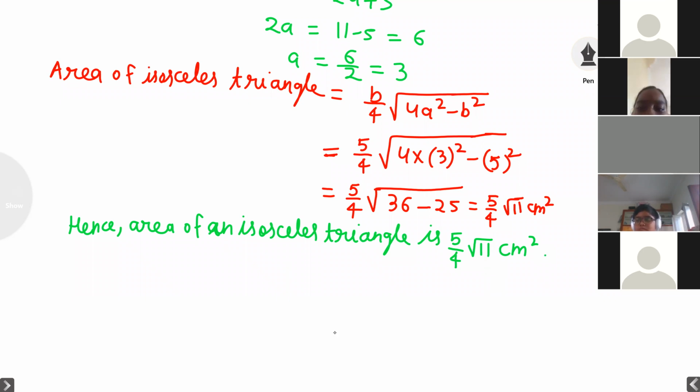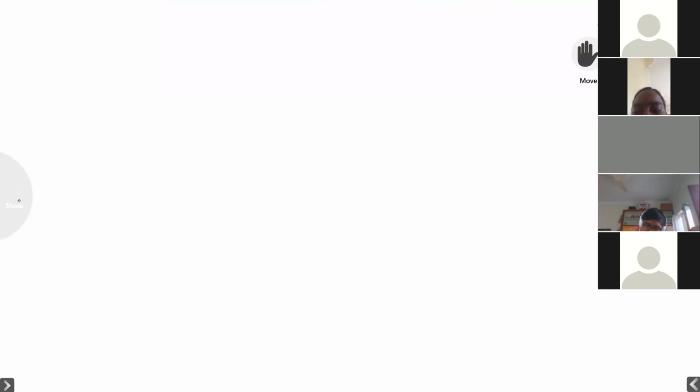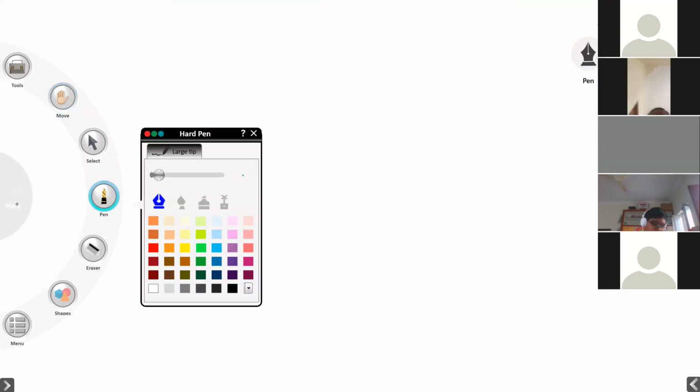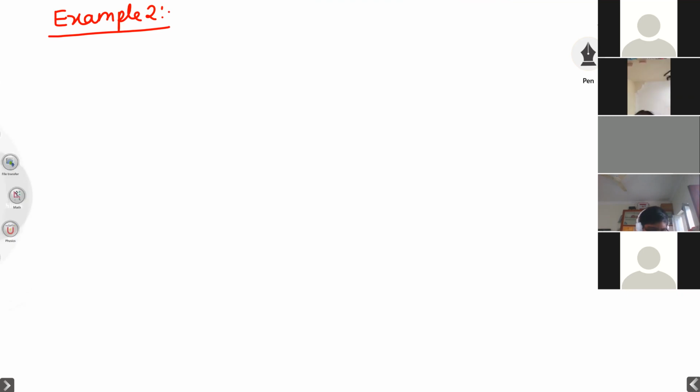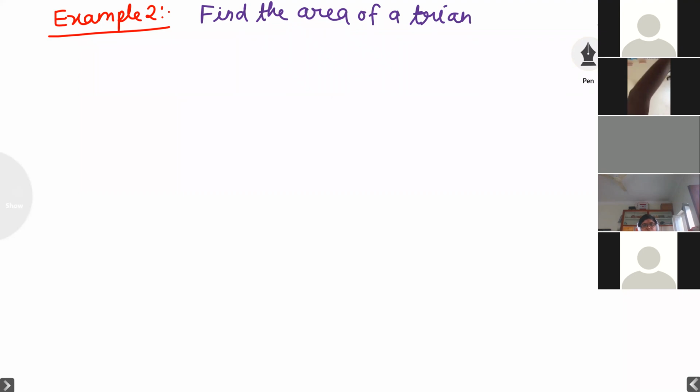Yes. Example 2. Note down example 2, everyone. Find the area of a triangle